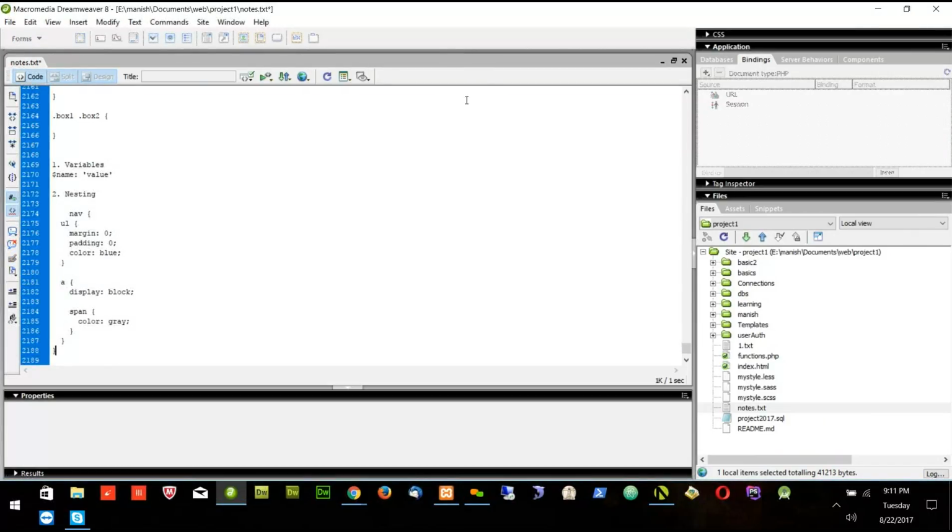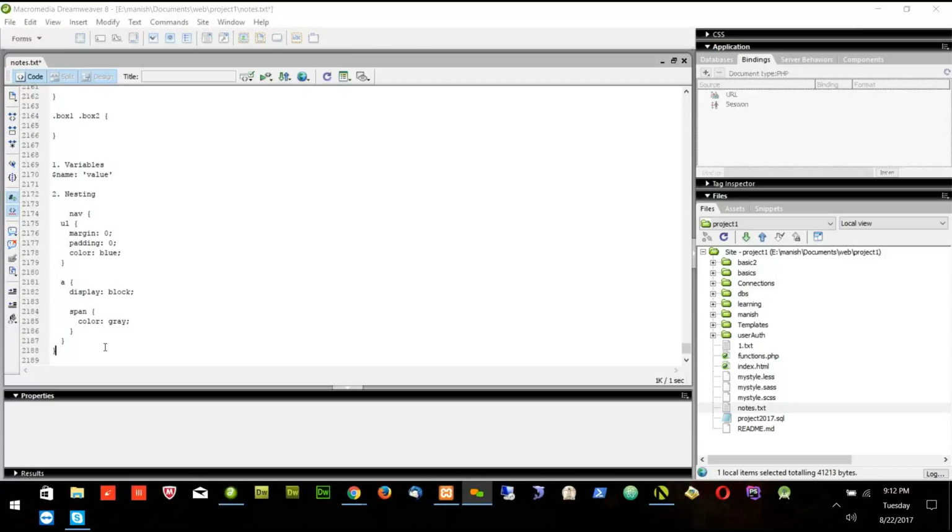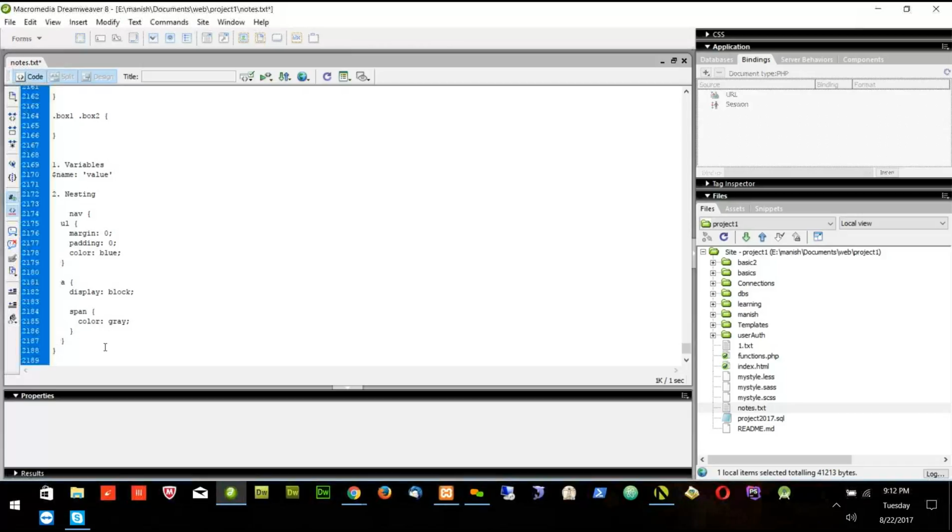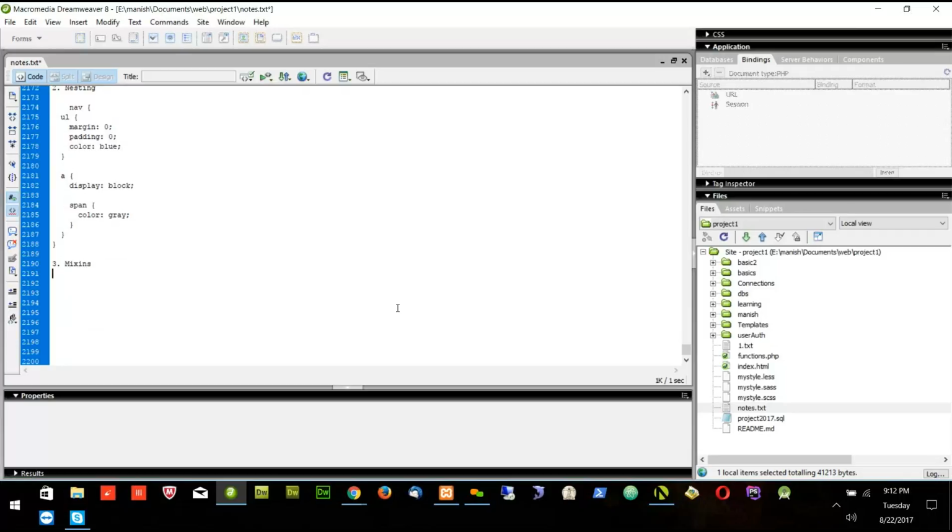Okay, so now let's go to another topic in SAS that is called mixins. Mixins is a kind of functionality which we can repeat again and again. So we will create one box and put some CSS in that box, and then I will use it again and again whenever I want. So how to do that? To create the mixins,